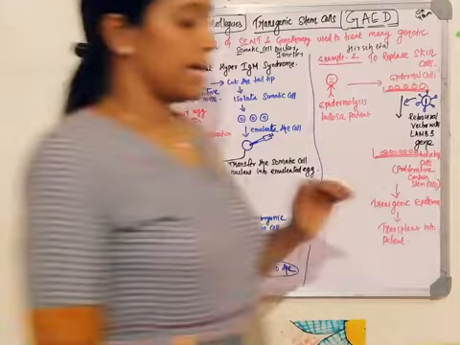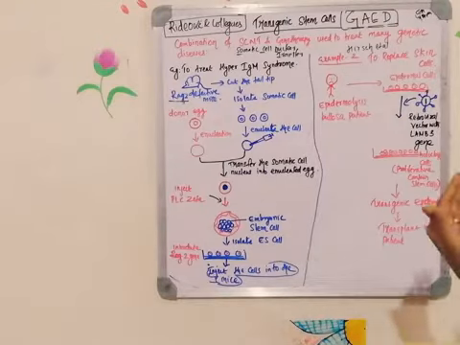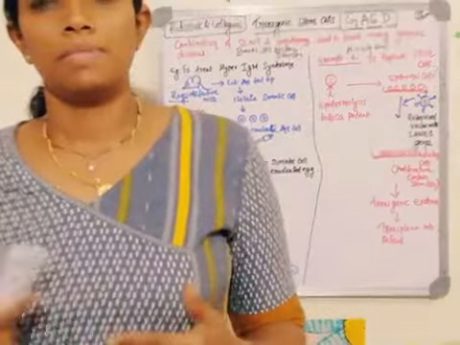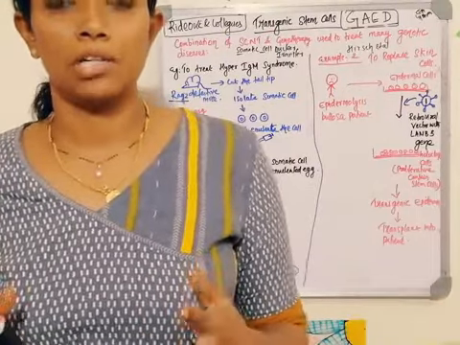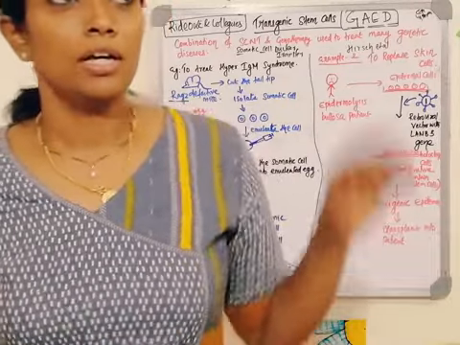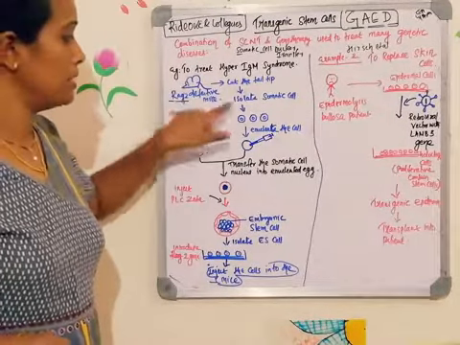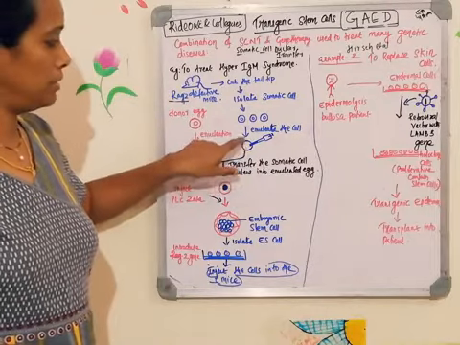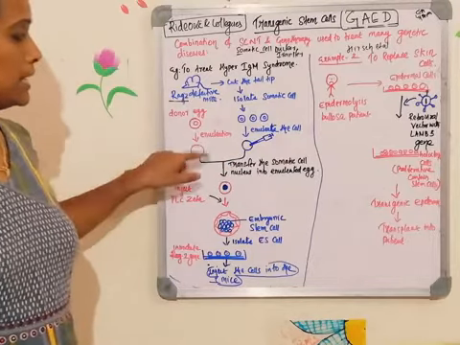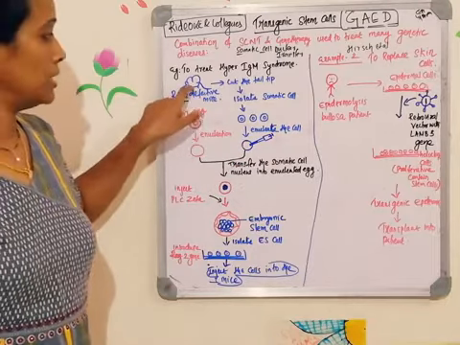Now, what exactly is the mechanism and purpose of this? Usually, whenever you have some genetic disorder and you go for stem cell transplantation, you need matching. Donor and recipient matching should be there, and only then can you take the stem cells for the transplantation. So here, if you are taking the somatic cell from the patient itself, here we are using a model system. They are taking the nucleus from the mouse somatic cell and implanting it into the enucleated egg. So what is happening here is you are taking the genome of the patient itself. So this is the model system.